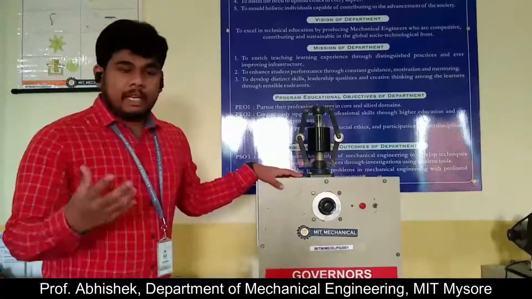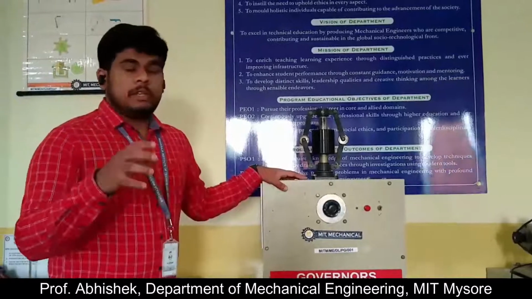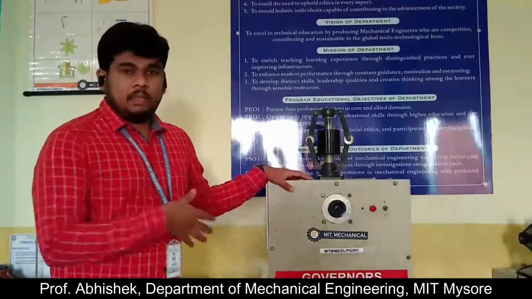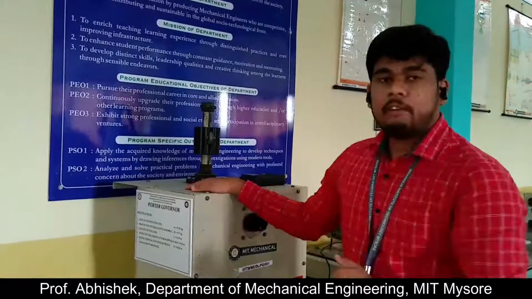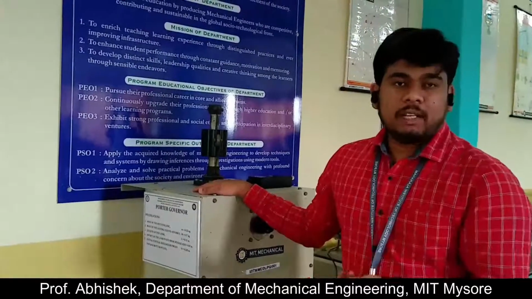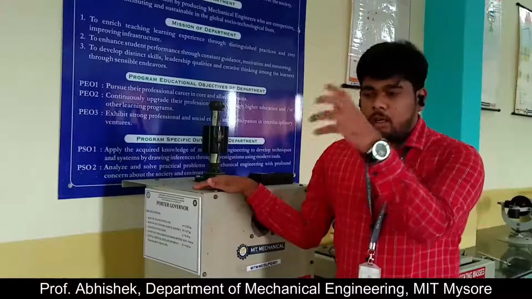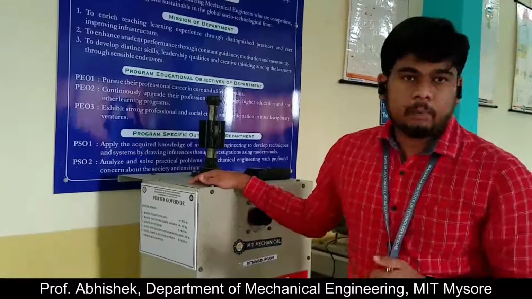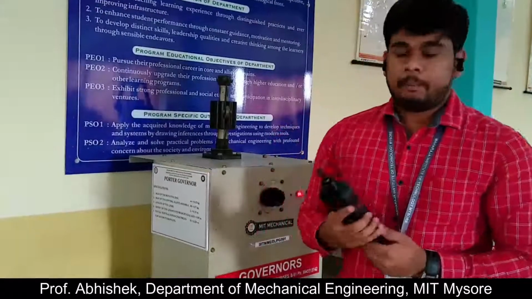A governor is a mechanical device which is used to regulate the mean speed of an engine based on the load variations. So here also we are going to conduct the same thing on the Porter Governor. The aim of this experiment is to determine the frictional resistance, governor power, and governor effort, and also to plot the controlling force curve on your graph sheet. The apparatus required is the actual setup of the Porter Governor and the tachometer. With the help of this tachometer, we can measure the speed in RPM.